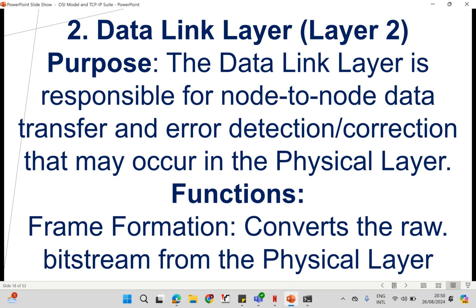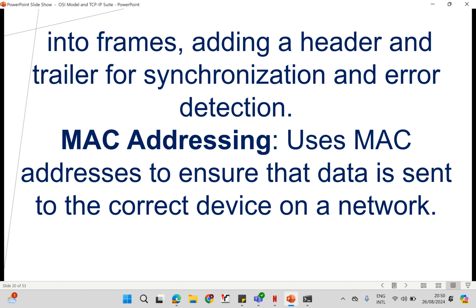So what is the function? Frame formation. Convert the raw bit stream from the physical layer into frames. So it converts it into frames, adding a header and trailer for synchronization and error detection. Okay, so we need to begin to understand something here that, in layer 2, MAC addressing is taking